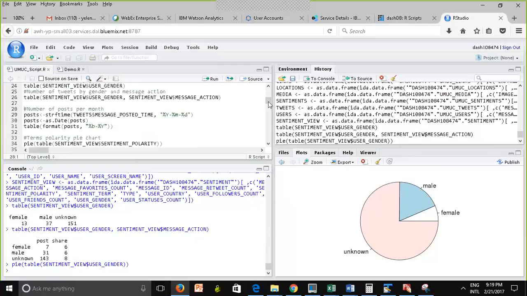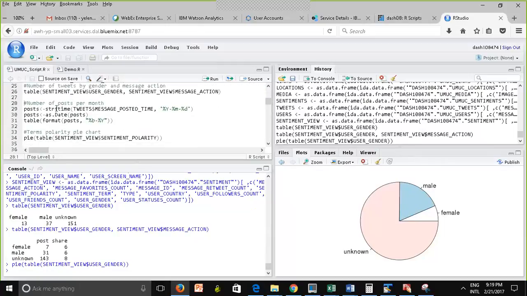Now here, I'm doing a little bit of time series analysis, and if you're interested in classroom RStudio resources by topic, there is a document on how to process dates. So here, this is the message time when the message was posted, and I'm trying to pull the date part of it.